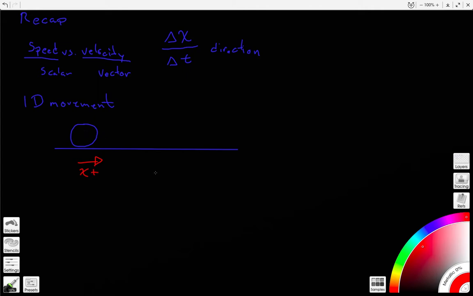If the velocity turns out to be positive, it means that we are moving to the right. If velocity has a negative sign, it means that we are going to the left. Pretty simple, right? So when we talk about movement in one dimension, it might be tricky. You might fall for the trap that we are not actually using vectors, but that is completely false. We are using vectors because we are giving the velocity vector the direction with the sign,